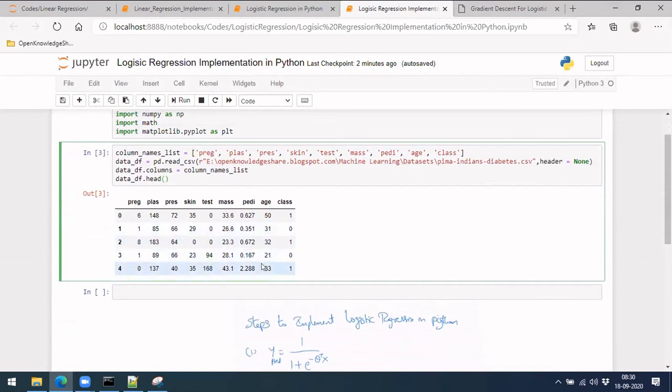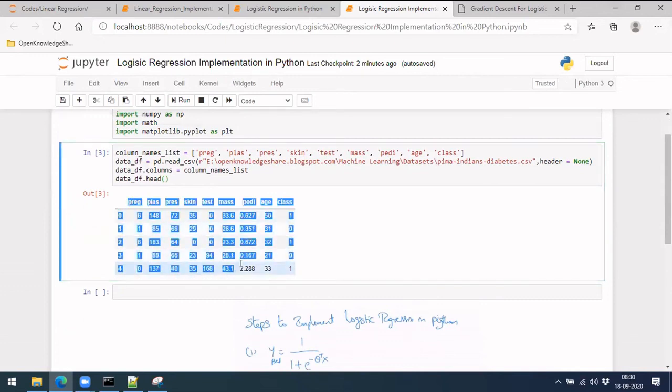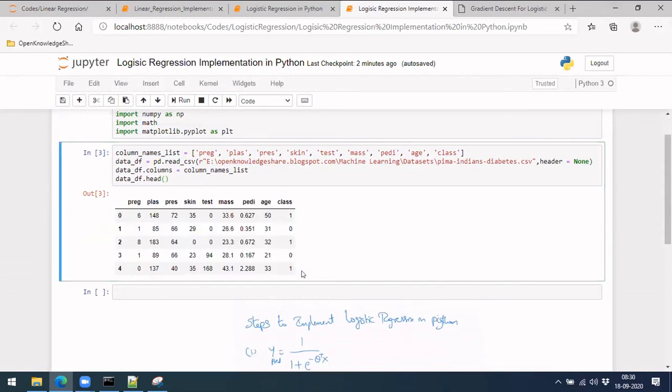Before doing that, let's split this data into two parts. As I discussed during evaluation methods for logistic regression, instead of taking the whole data for training, we split that data into two parts in the ratio of 80-20, or anything, it's our wish.